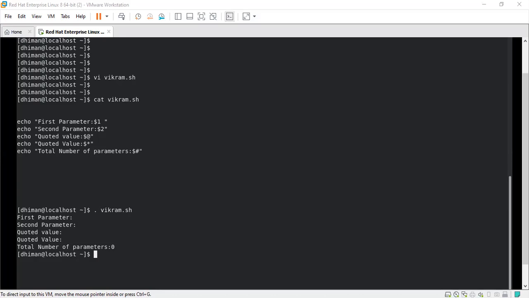Whereas one more is there, that is dollar question mark, dollar dollar, and the background command that we are using, that pipe, right? We'll let you know.